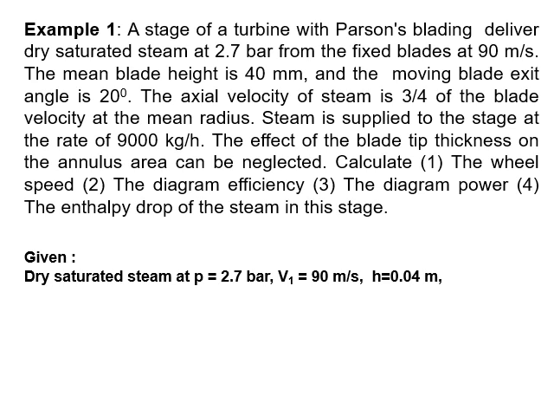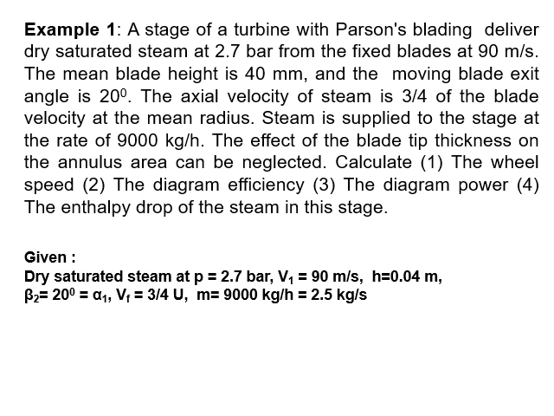The height of the blade is 40 millimeter, so h equals 0.04 meter. The moving blade exit angle is beta 2 equals 20 degrees,